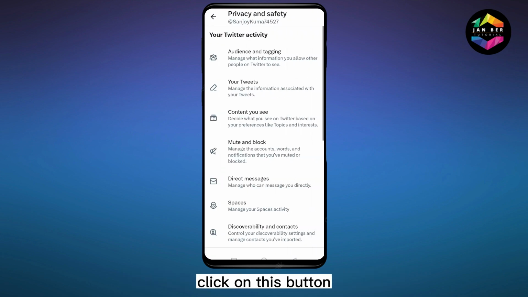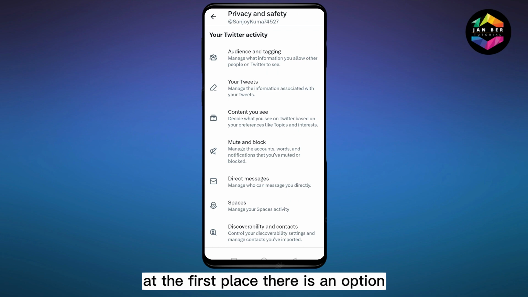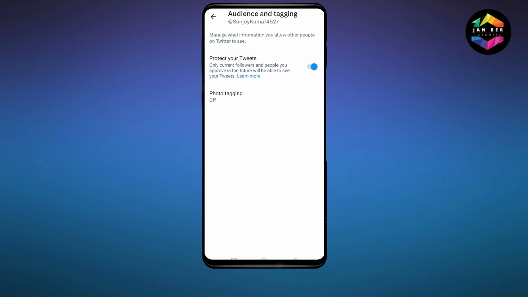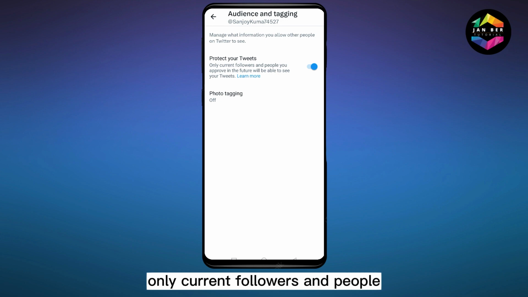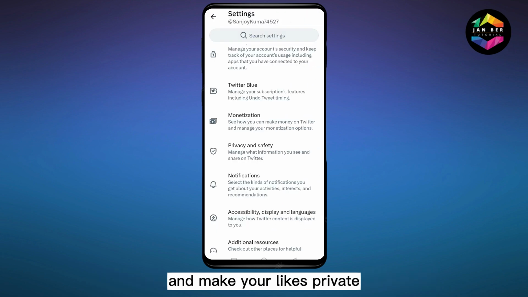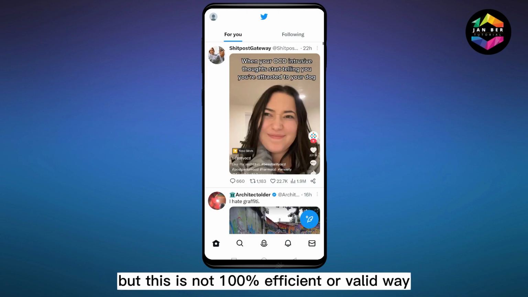Click on this button. Now at the first place, there is an option Audience and Tagging. Click on this button. Now you can see a button Protect your tweets. Just turn this on. So after turning this on, only current followers and people will be able to see your tweets. So in this way you can make your Twitter private and make your likes private, but this is not